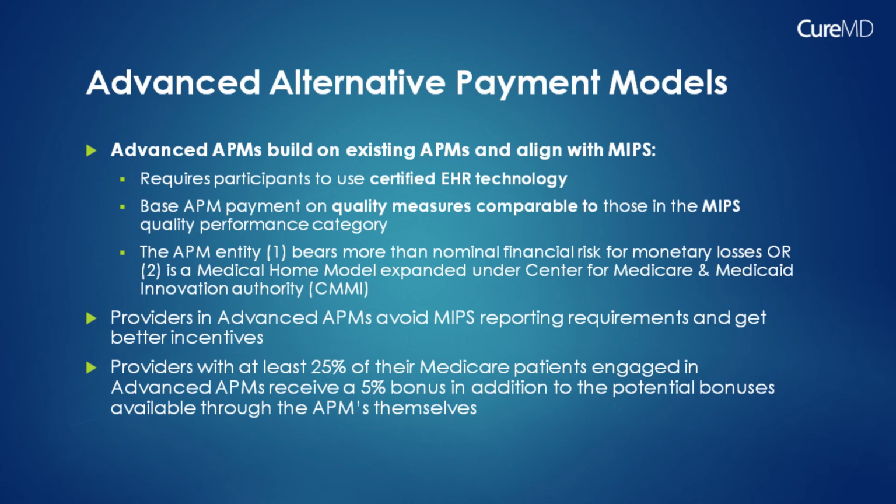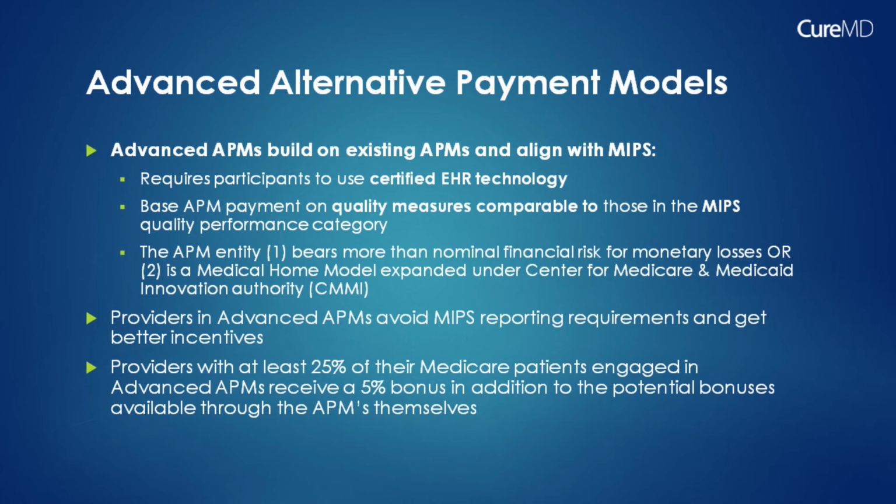Then the third requirement is that the APM entity, the entity that uses an alternative payment model, needs to bear more than nominal risk. So the alternative payment models, such as ACOs that are available now, there are some cases where you take on no risk. So if there are savings, you share those savings with Medicare 50-50, and you get half of those savings, and that's your bonus. But if you lose money, then Medicare foots the bill for that entire loss. And so a program that does that, or a model that does that, cannot be considered an advanced alternative payment